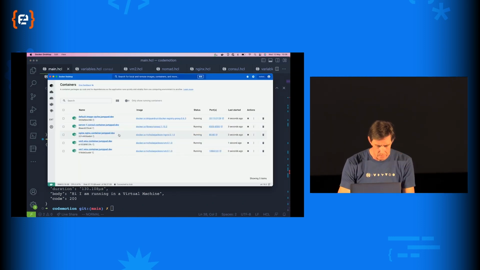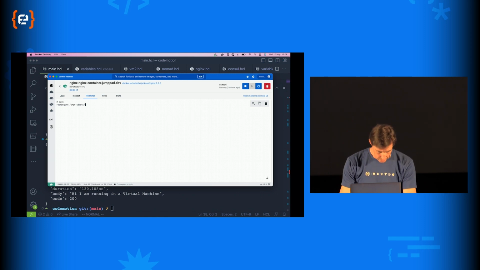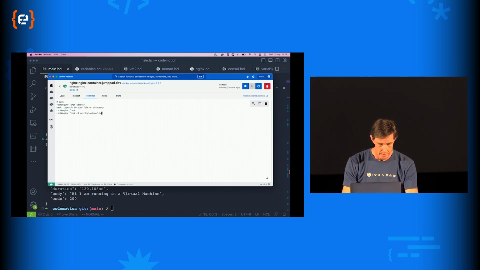If I go into Nginx and I go into the terminal, and this is going to be super small, so it probably does look like I'm cheating. Nginx and confd.